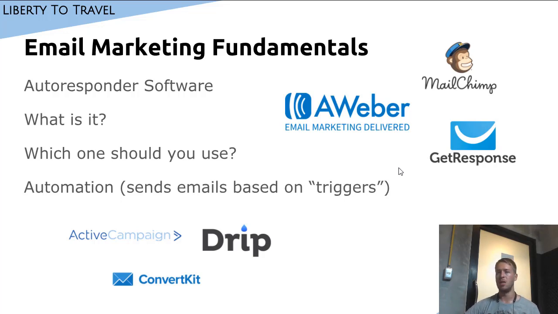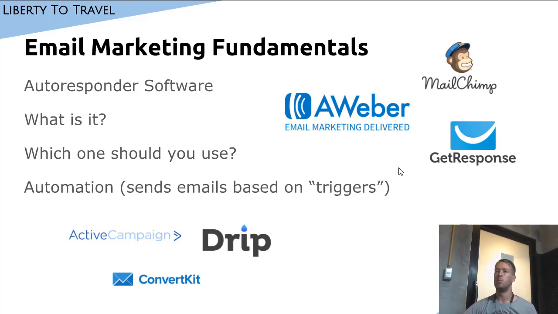Another reason I don't really like MailChimp is because they don't allow people to do affiliate marketing through email on their platform. And affiliate marketing is a large part of my business and what I do. And I know that a lot of people do kind of unethical, maybe even spammy affiliate marketing. Now, I don't, but because there's a lot of people like that in the affiliate marketing world, MailChimp just wants to avoid any type of affiliate marketers on their platform. So stay away from MailChimp if you want to do any type of affiliate marketing.